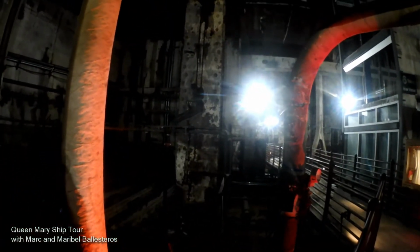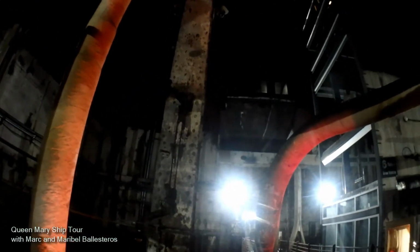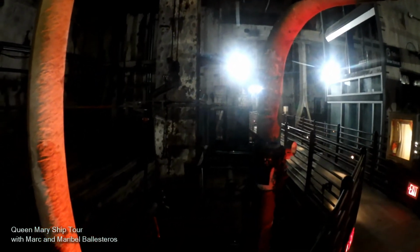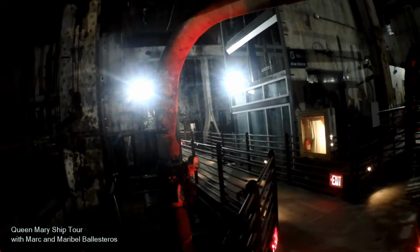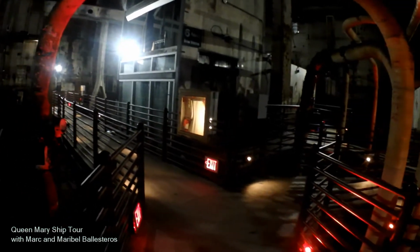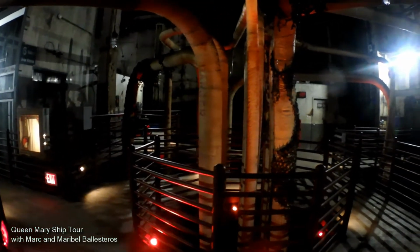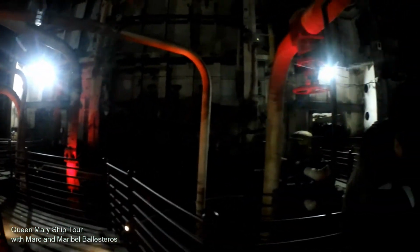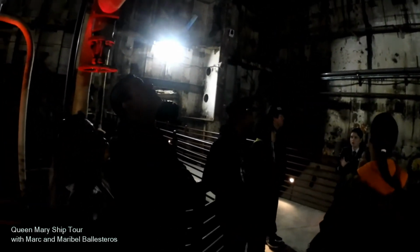The reason they're all cut out the way they are is because when the ship was retired, the agreement with Cunard, the company that owned our ship, was that she would never again sail under her own steam. So we had to convert her to a floating building. And that required us to remove all of her boilers, one of her engine rooms, and 3 out of her 4 propellers. And in order to lift all the pieces of the boilers out of this space, we had to cut out these walls here, as well as shear off the stacks at the top of the ship so that we could lift out the boiler pieces through those empty spaces. So the stacks that you see at the top aren't actually the original. They're replicas of what would have